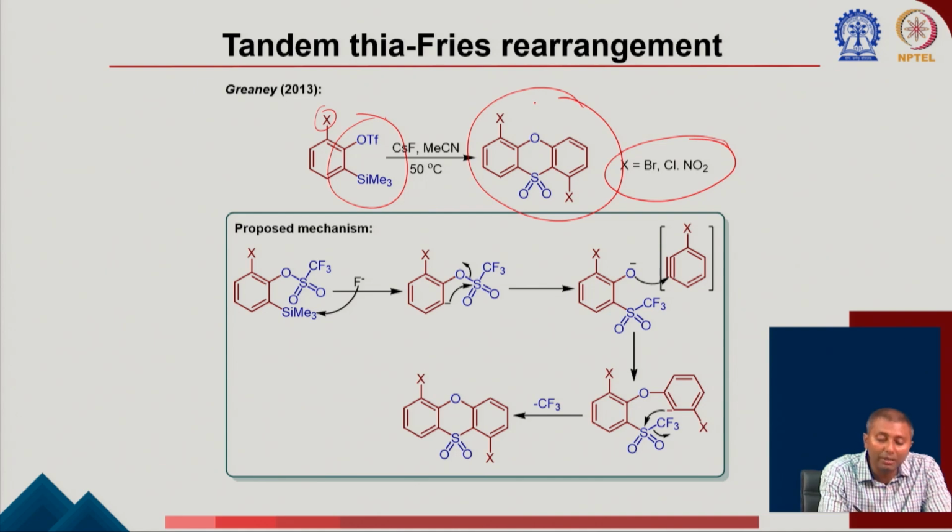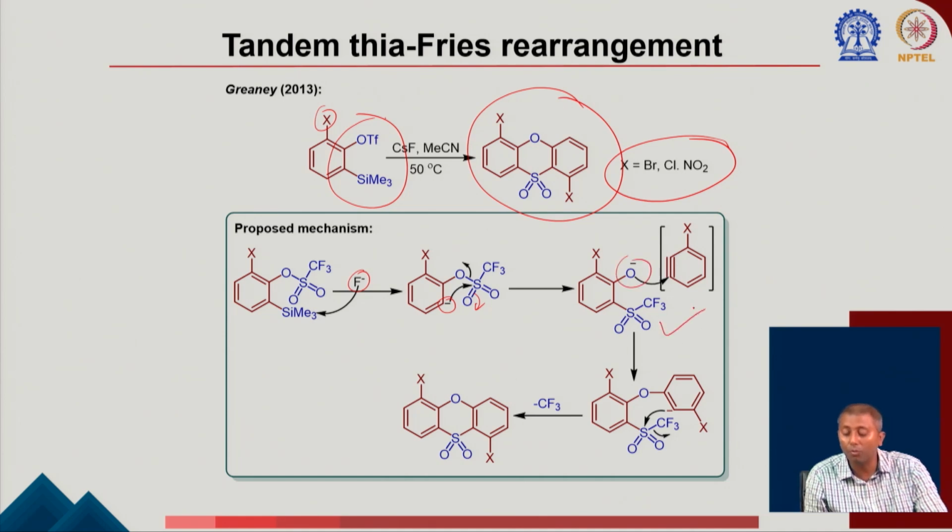Once you have X equal to an electron withdrawing group, what is happening once the F minus is attacking the TMS? As I told you, it is generating the corresponding carbanion. Because you have an X which is stabilizing this anion, instead of going for an elimination, it is attacking the sulfur. Once it is attacking the sulfur, it is going to cleave the sulfur oxygen bond